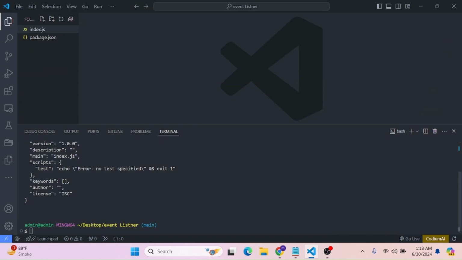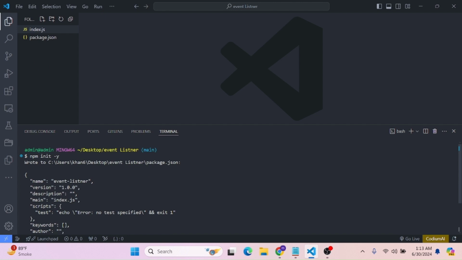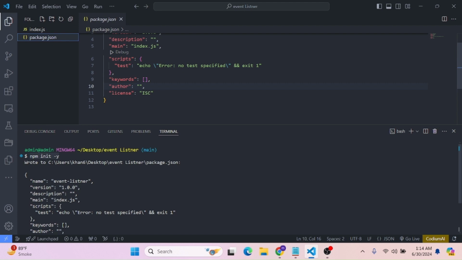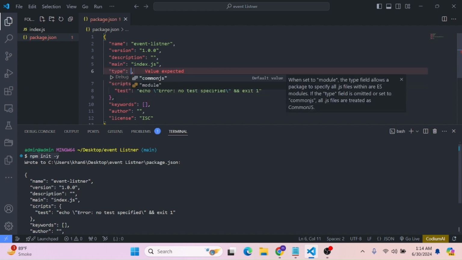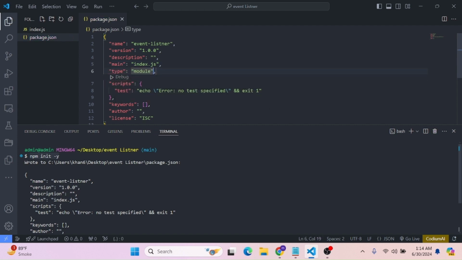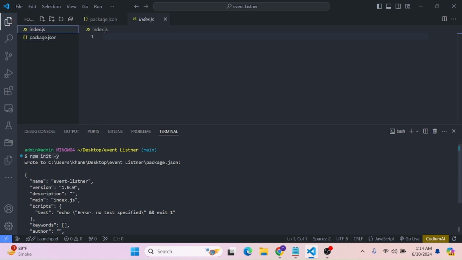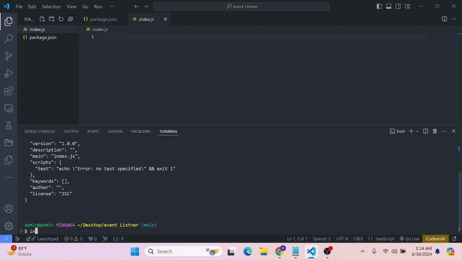Okay, so once we start the project, you can just create a simple repository, then write the command npm init. This will create a package.json. I have already created just this. Nothing else has been made yet. Okay, so I will just write module because I like using the import. I will show you what I mean by that. So nothing is in the index.js. You can just create a simple index.js, and then you can install, npm install